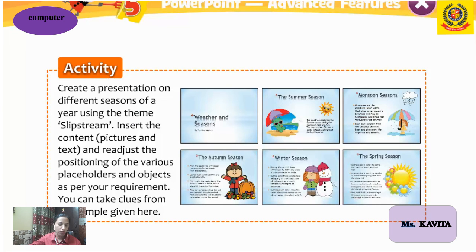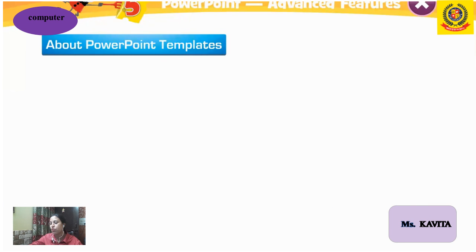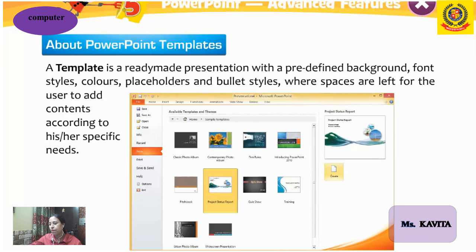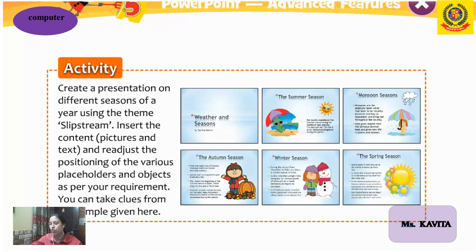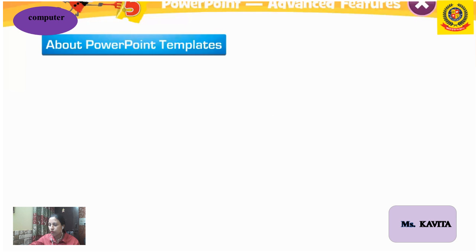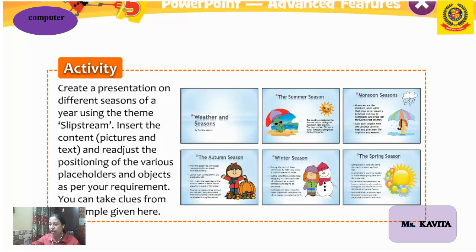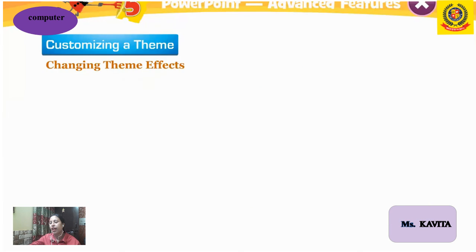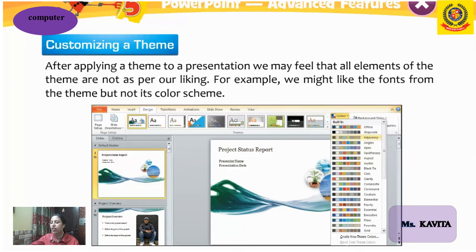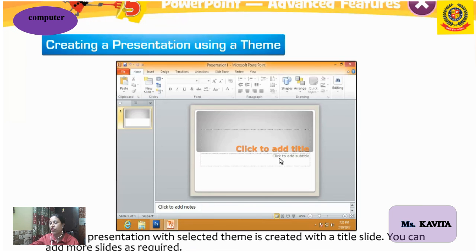So today I have told you how to change the theme using different types of styles. What is a theme, how to change the theme colors, how you can apply a customized theme, how you can change the theme color, everything I have explained to you. Practically also I will explain all those things in the next class. So first I am recalling whatever I have taught. A theme is a predefined combination of background colors, fonts and effects that can be applied to a presentation. Using a theme we can easily format our entire presentation to give it a professional look.